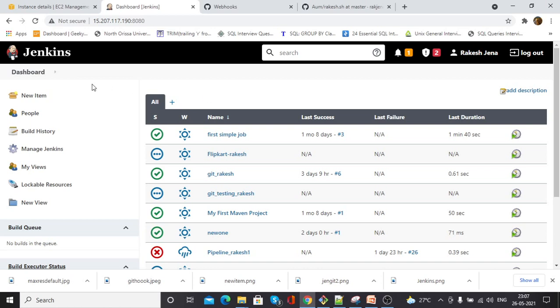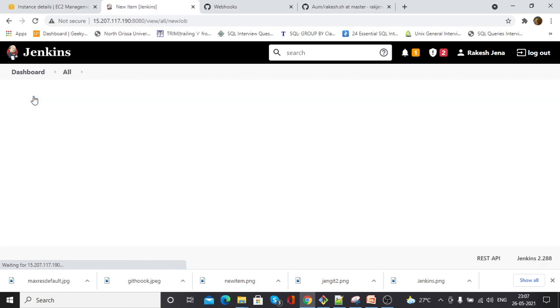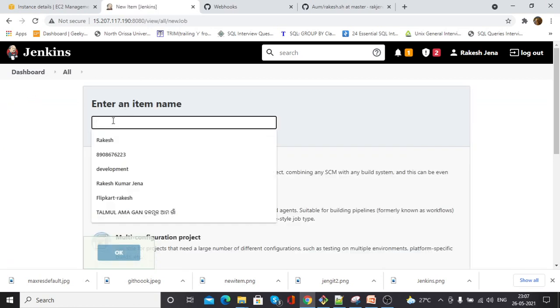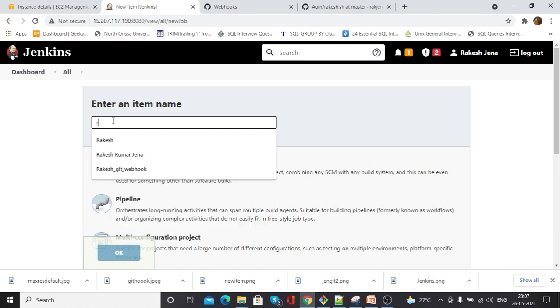So let's create a new project by clicking on new item. Here I am going to give a name: Rakesh_GitHub_webhook.